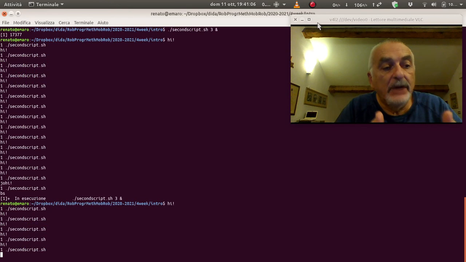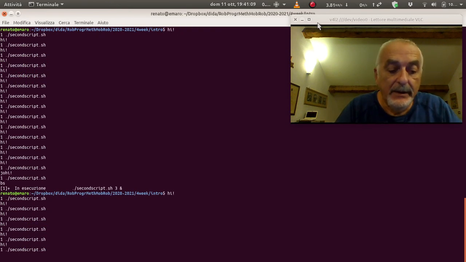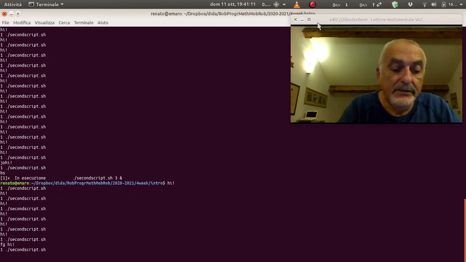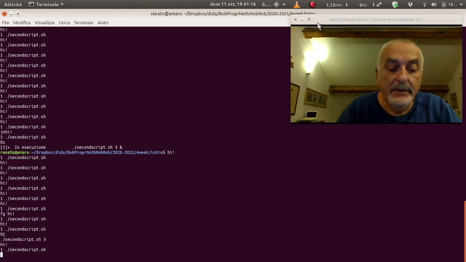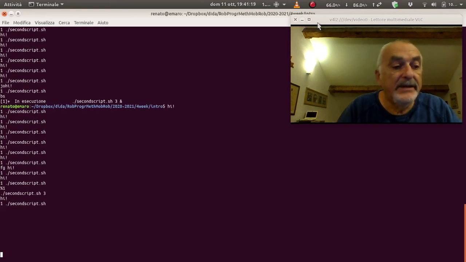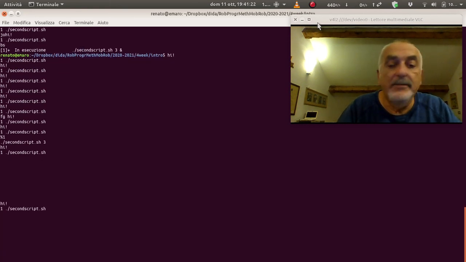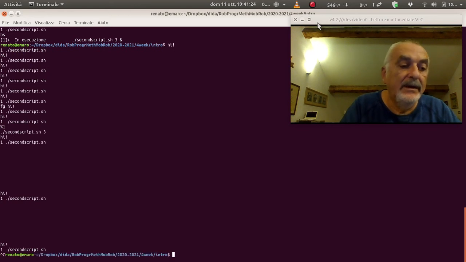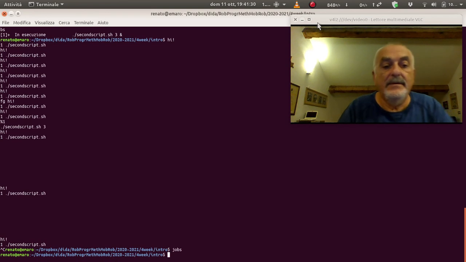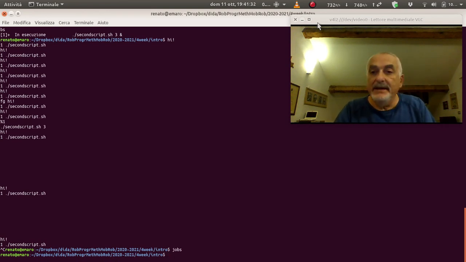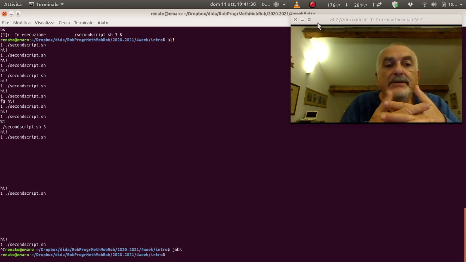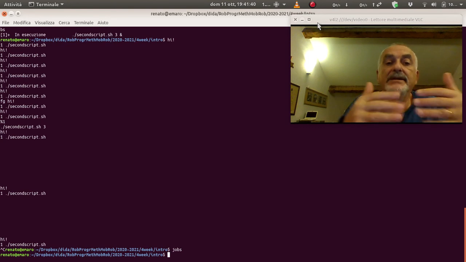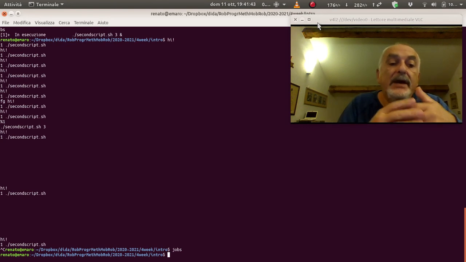So I have job number 1 in execution in background. I can ask to go back in foreground. Now you see that the shell does not respond anymore because it's waiting for the jobs. No more jobs. So this is a basic mechanism. So this explains how the shell can be used very easily to run several processes and to have the control